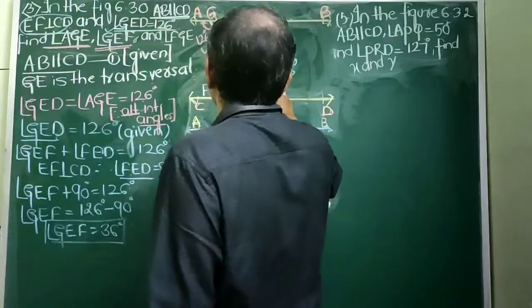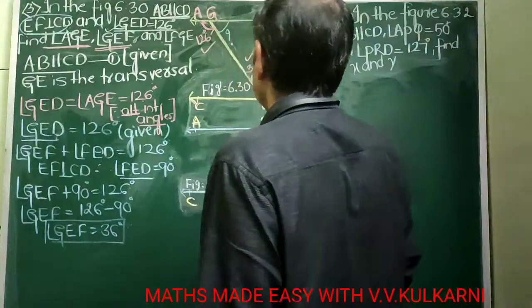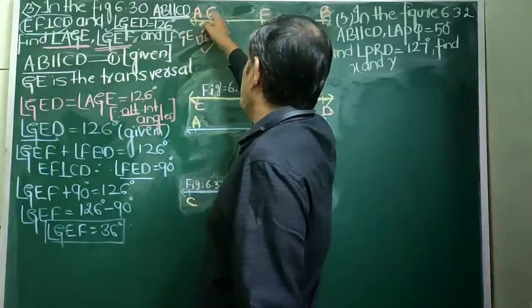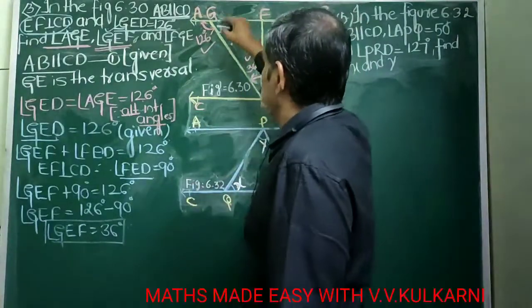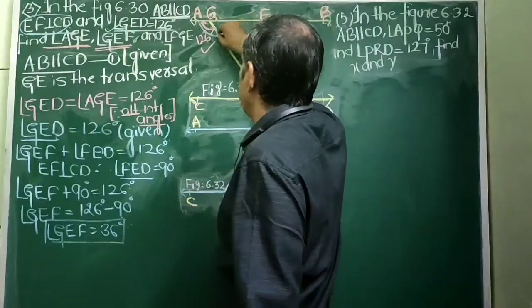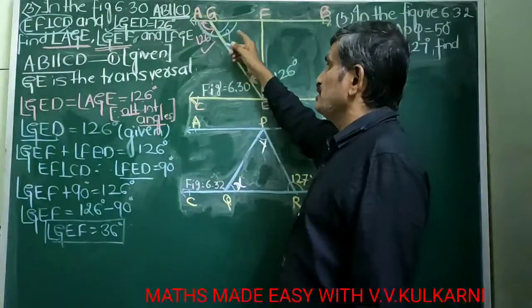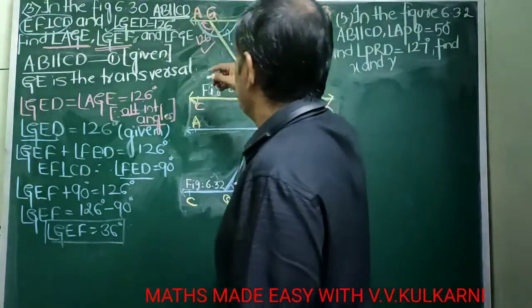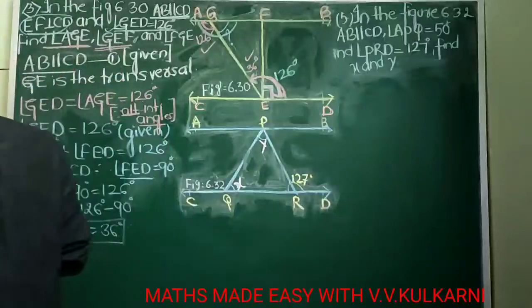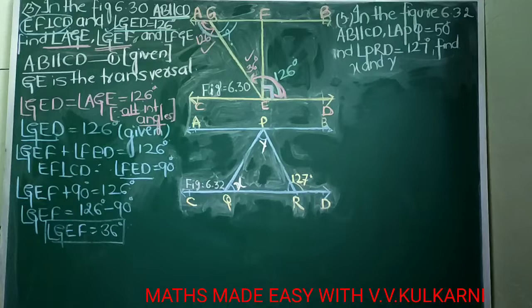FGE. This angle I have to find out. This is how much? Now it's very simple, children. See, angle AGE and angle FGE, they are linear pairs. Now these two angles will add up to give 180 degree. And if they add up to give 180 degree, then 180 degree minus 126 degree, that will be the measure of GEF. Of course, you are smart enough to calculate orally also, but oral answers will not give you marks in the exam. So because of that, you should always give written answers.